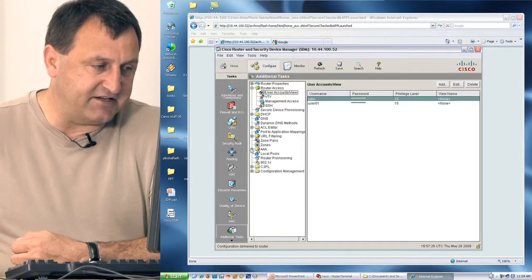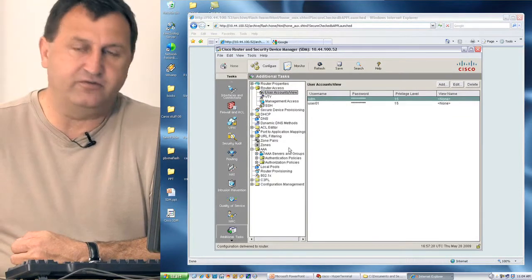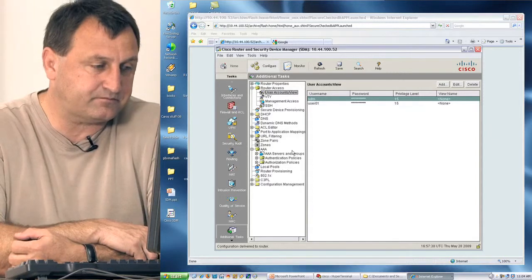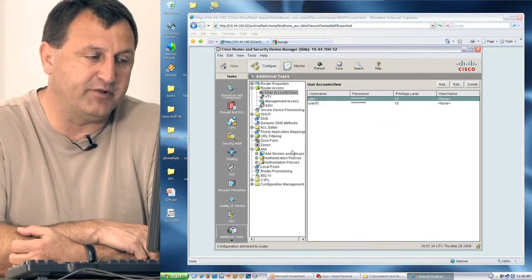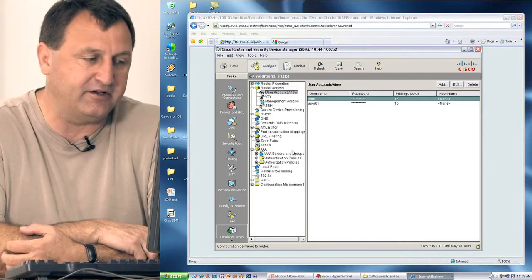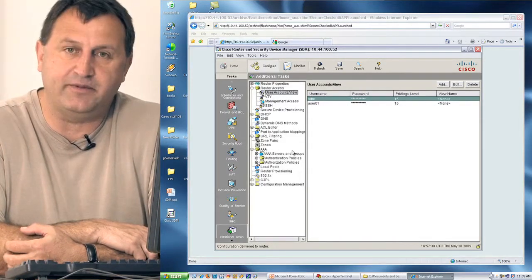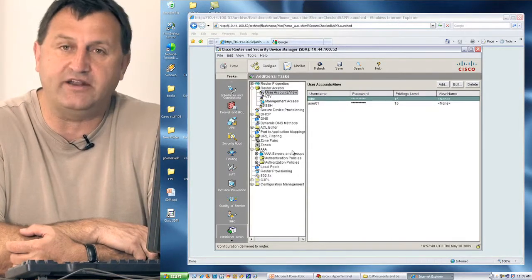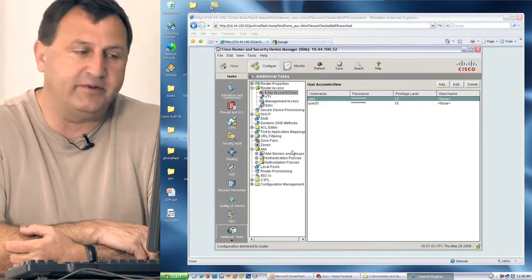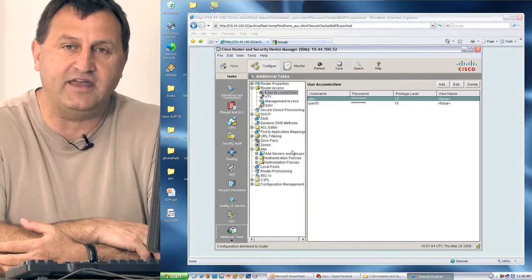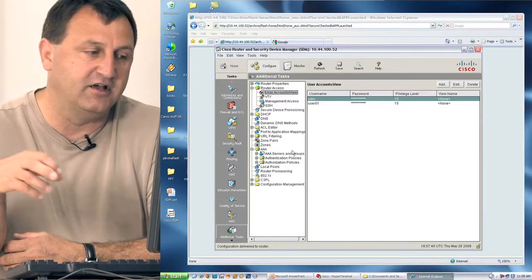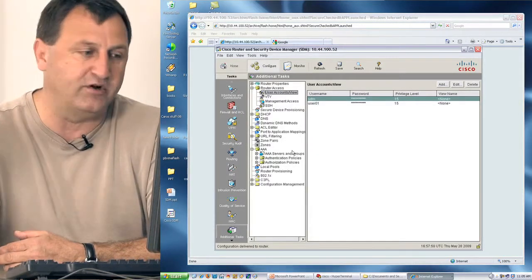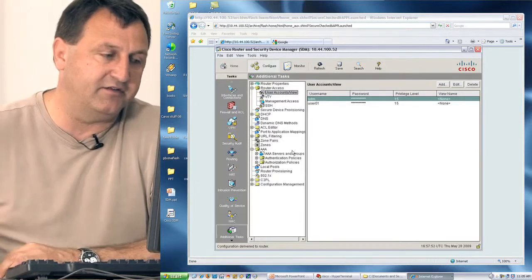For the second section, we'd want to go down to the AAA area. Under the AAA area, it's broken down into three groups. AAA Servers and Groups. We're going to come back and look at this in a little bit when we set up a AAA or RADIUS server to authenticate our users. That tab is basically going to be used when we have an external database that all of our routers and devices will use to authenticate our users from one central database. The second option